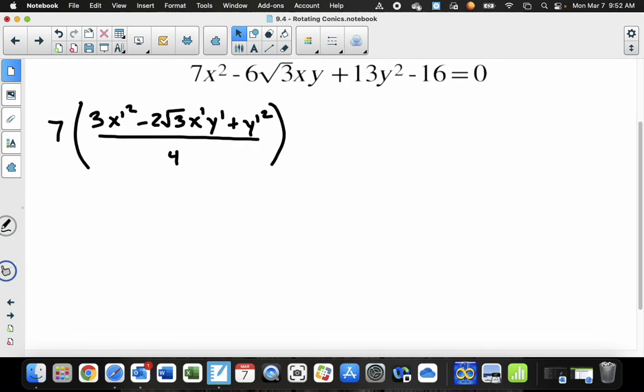Okay, there's one substitution. Now we're going to move to the next term. I'm going to put this minus 6 square root of 3. And instead of xy, we're going to substitute in what xy actually equals. Okay, what we found, which was